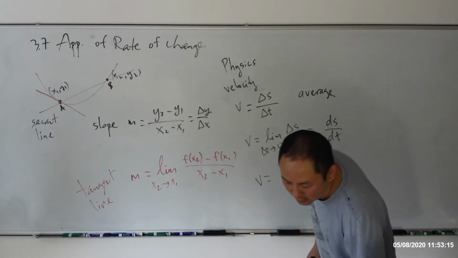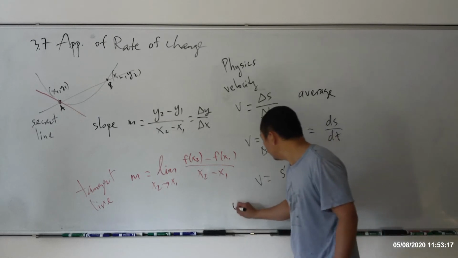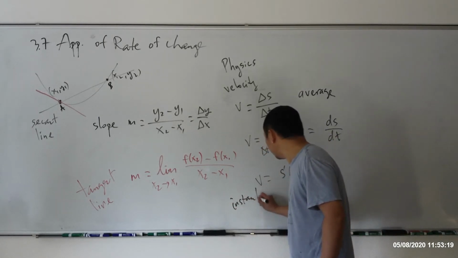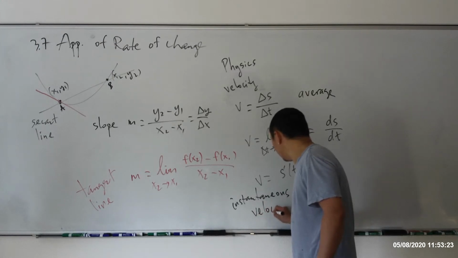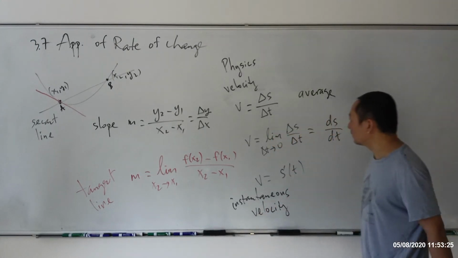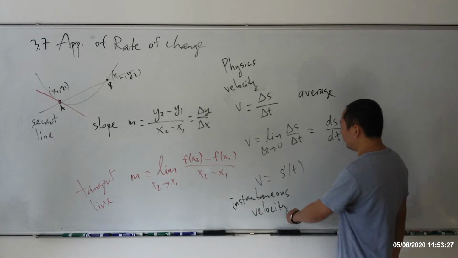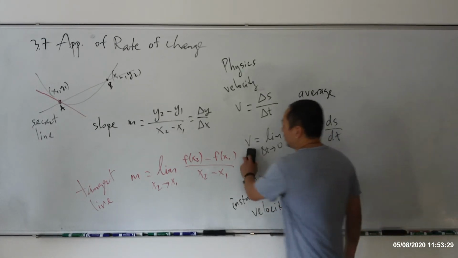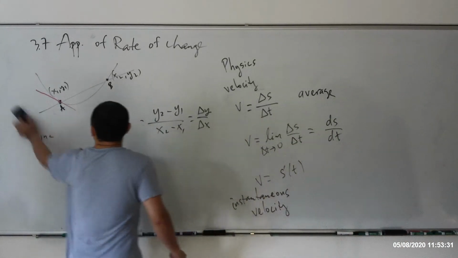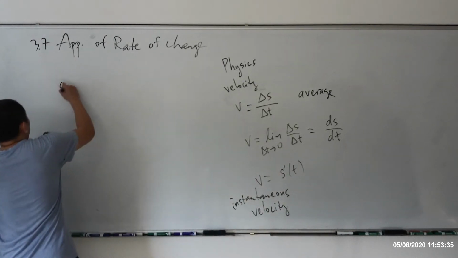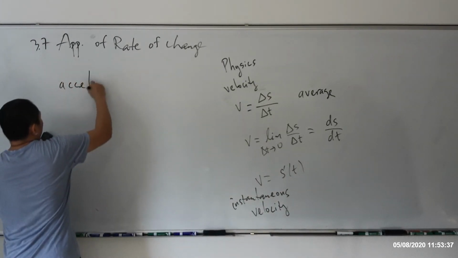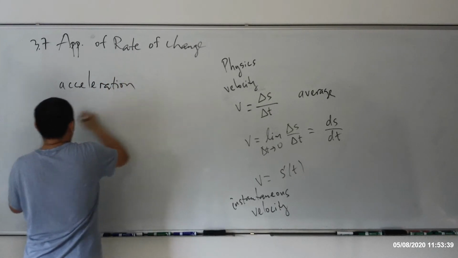Yeah. Instantaneous velocity, right? Instantaneous velocity. Okay? Now, the second derivative, we talk about something called acceleration. Same idea, the average acceleration. The average one